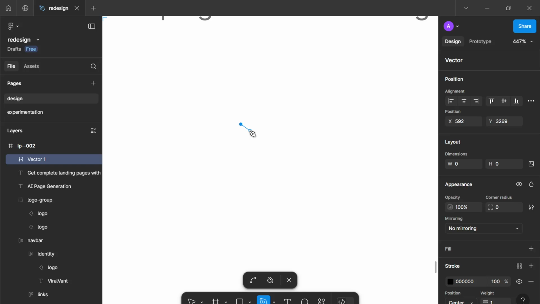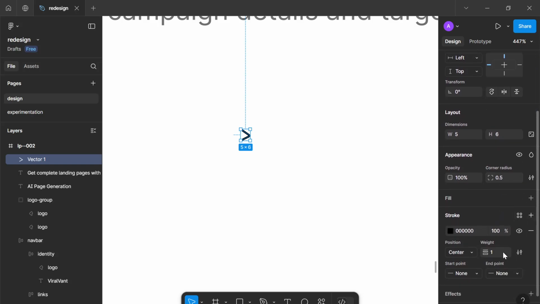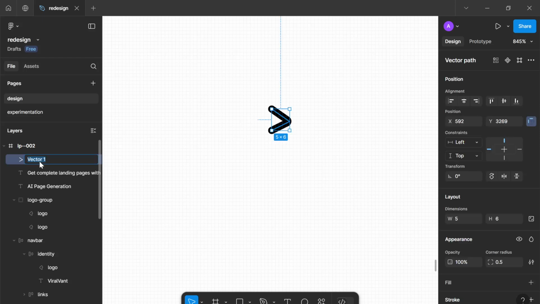So I'm just going to create a very simple arrow, just going to give it some corner radius here, 4, 5, so give it rounded edges, make it bolder, and we can call this forward